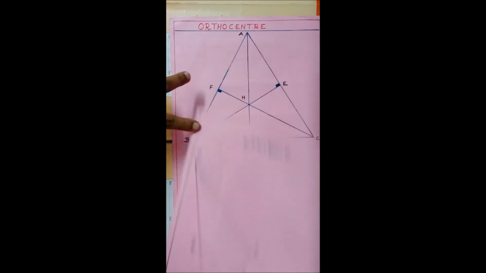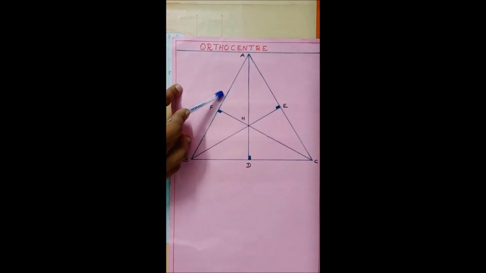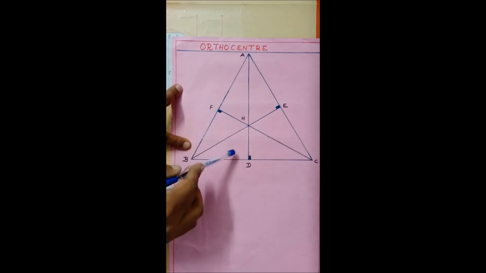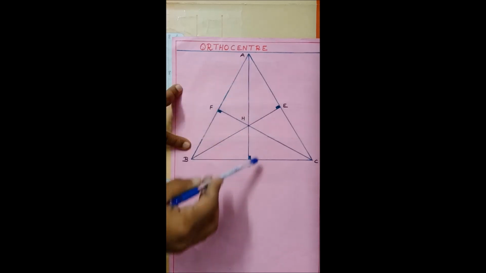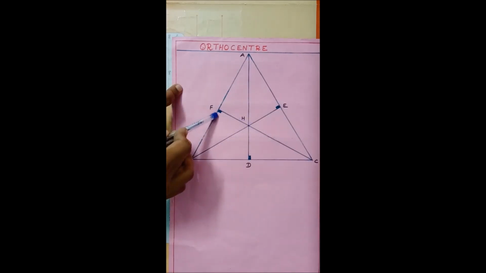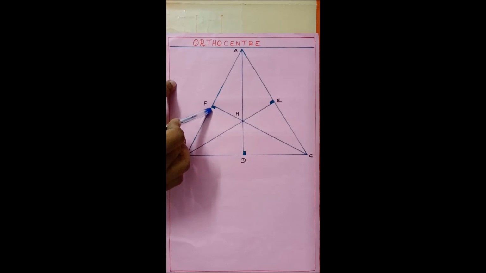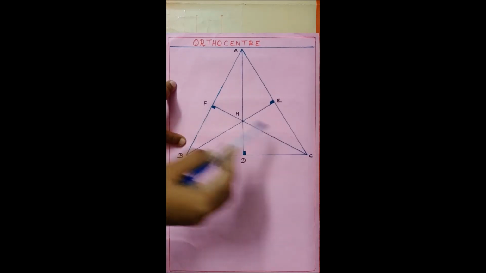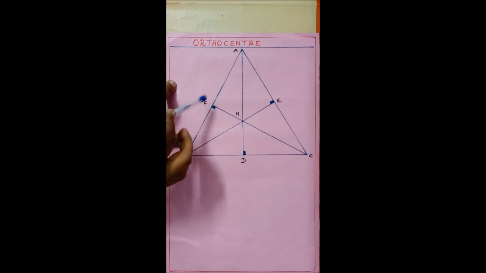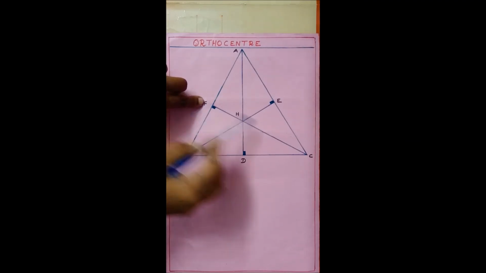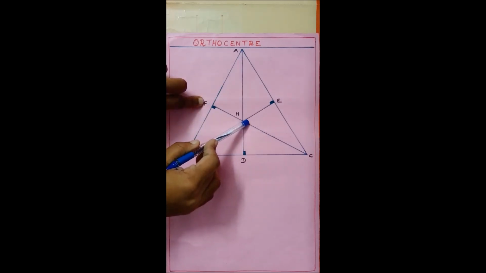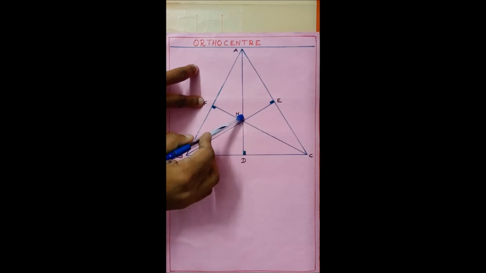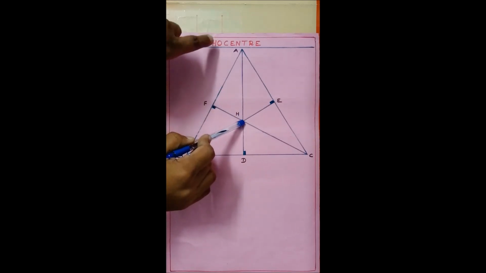Next we are going to see orthocenter. What is meant by orthocenter? The point of concurrency of altitudes of a triangle. What are the altitudes? AD, BE, CF. What is meant by altitude? Altitude is a perpendicular line drawn from a vertex to its opposite side. This is not a midpoint. This is a point where the line segment meets the side AB. So this is an altitude. So these 3 altitudes meet at a point. This point is said to be the orthocenter.